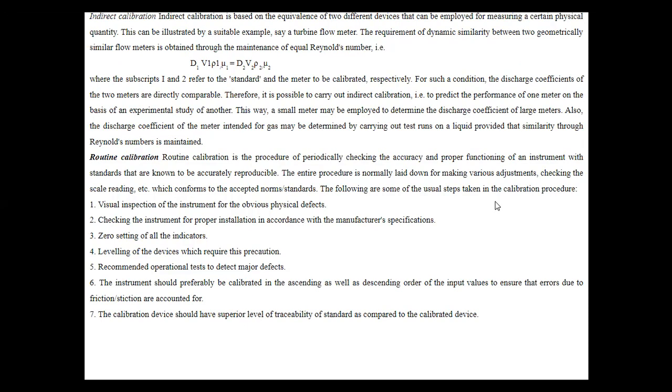Okay. For such a condition, the discharge coefficients of the two meters are directly comparable. Therefore, it is possible to carry out indirect calibration, that is to predict the performance of one meter on the basis of an experimental study of another. This way, a small meter may be employed to determine the discharge coefficient of large meters. Also,